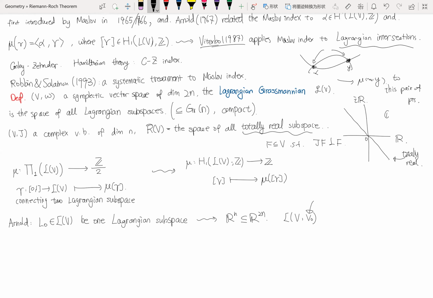Then we have the projection from V to V0, the natural map R^2n to R^n cross 0. So we just omit the other n variables, and then we get